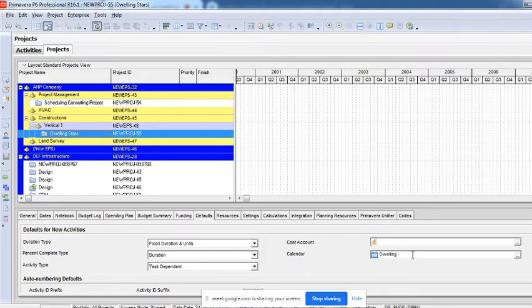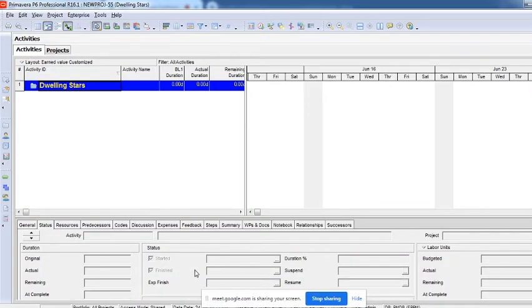Perfect. So what we have done, we have created EPS, we have created project, and we have created calendar, and then we have assigned a calendar to the project. The next very important part, once the calendar is created, is you will have to get into the project now, right? So the first thing we have to do is understand what the project is.